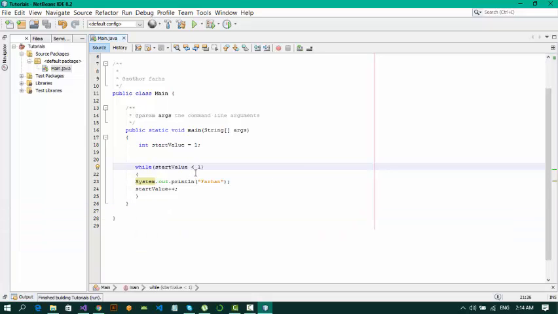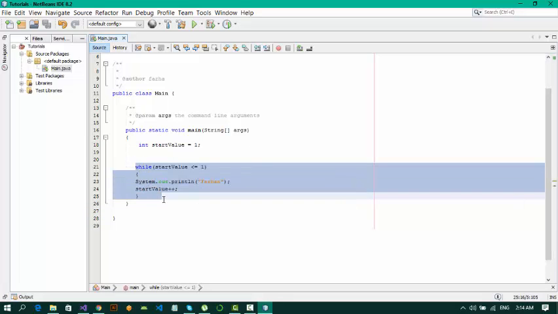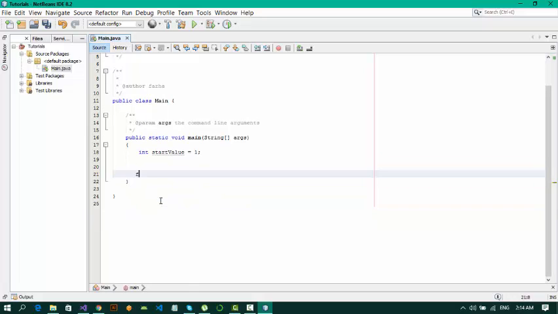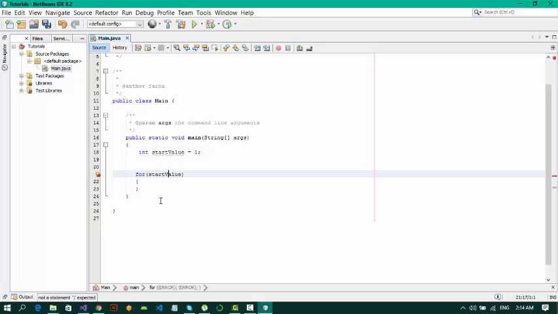But if we use equal sign here, it will print it at least one time because we have 1 is equal to 1, so it will run at least one time. So when we will use it into for loop, for block of start value. Remember, Java is a case sensitive language, so you have to use